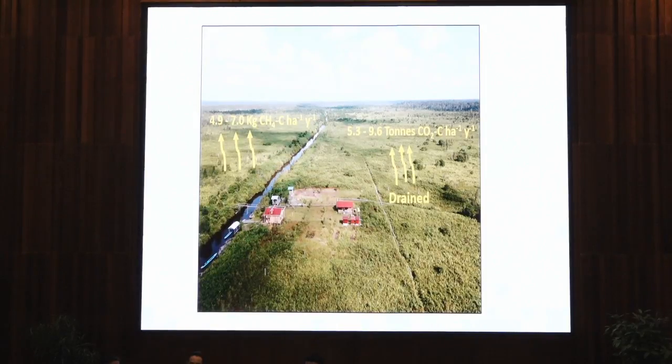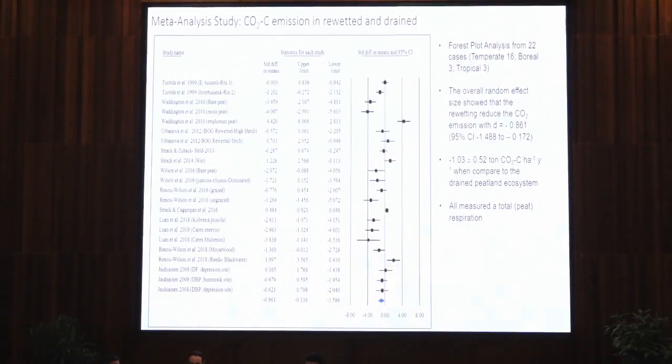In addition to that, I also play with data from literature using meta-analysis. I compare rewetted and drained peatlands. Most of these studies measure soil total respiration. It means there is no segregation between root respiration or autotrophic respiration and heterotrophic respiration. You see from this forest plot analysis that rewetting will reduce the emissions from the peat respirations